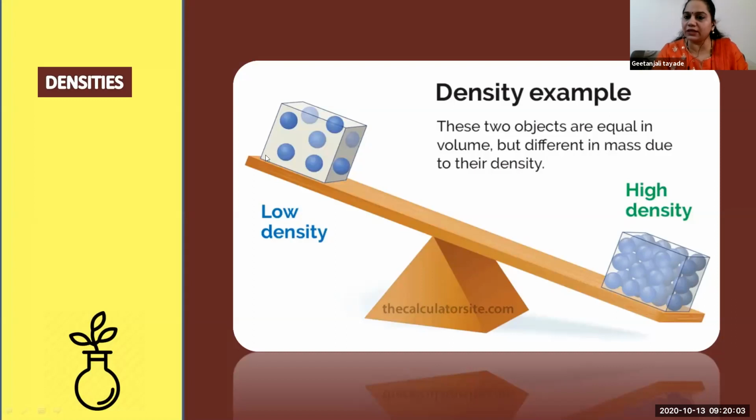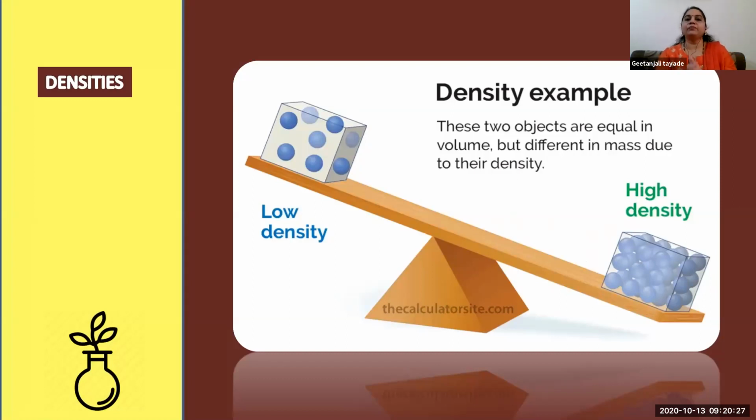That blue ball is resembling the mass of that box, and here the blue ball is resembling the mass of this box. So you can easily identify which box is filled, which box is having more mass, this one the higher one. And so the weight of that box is heavy, and so it is tilted down, and the lower one is above. Okay, so that property is called density.